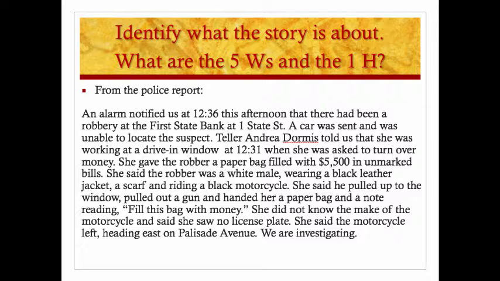She was giving the robber a paper bag full of money. The robber was so-and-so, looked like so-and-so, was on a motorcycle, pulled out a gun. This is what she was told, and then a little bit more information from the police report. So if you're thinking about the 5 W's and the H, you have to think about the fact that there's two people doing action here. There's a teller, there's the robber, but also some people might confuse the who with the alarm. The alarm is not doing any action, it's just an alarm, right?